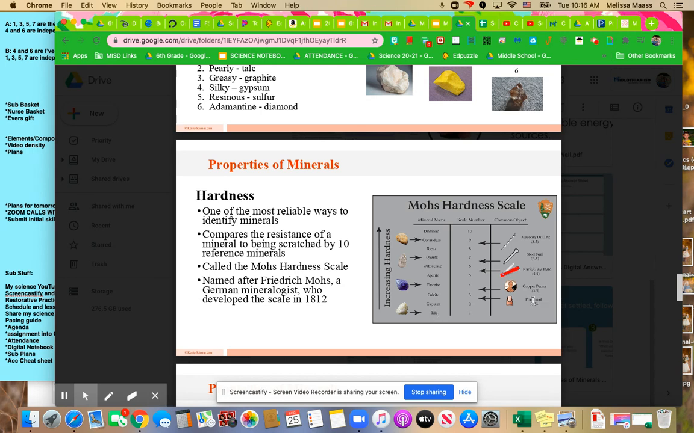And I even showed you the example here. If you scratch it with a fingernail, a fingernail's stronger than talc. It's going to scratch it. So with that being said,